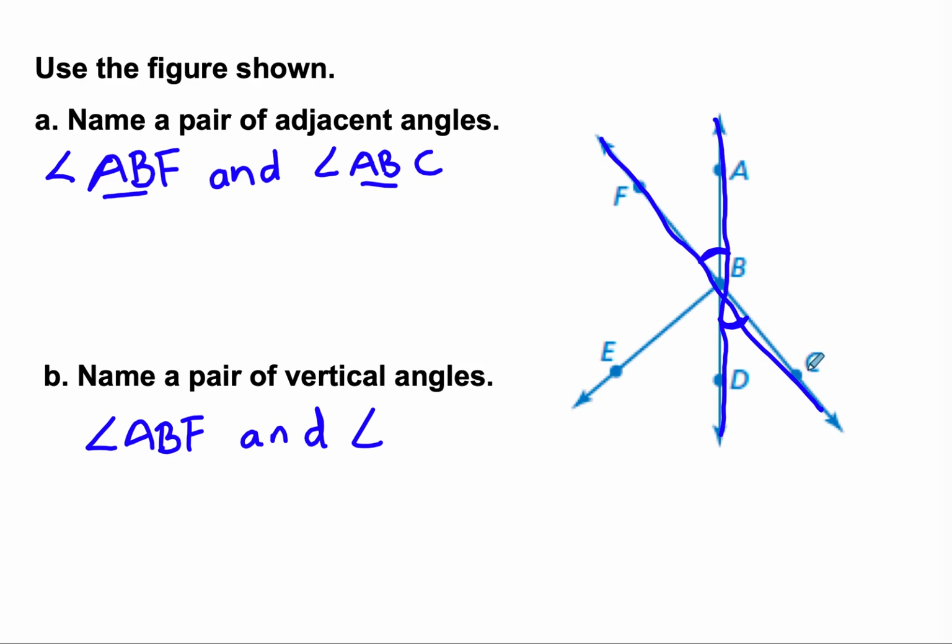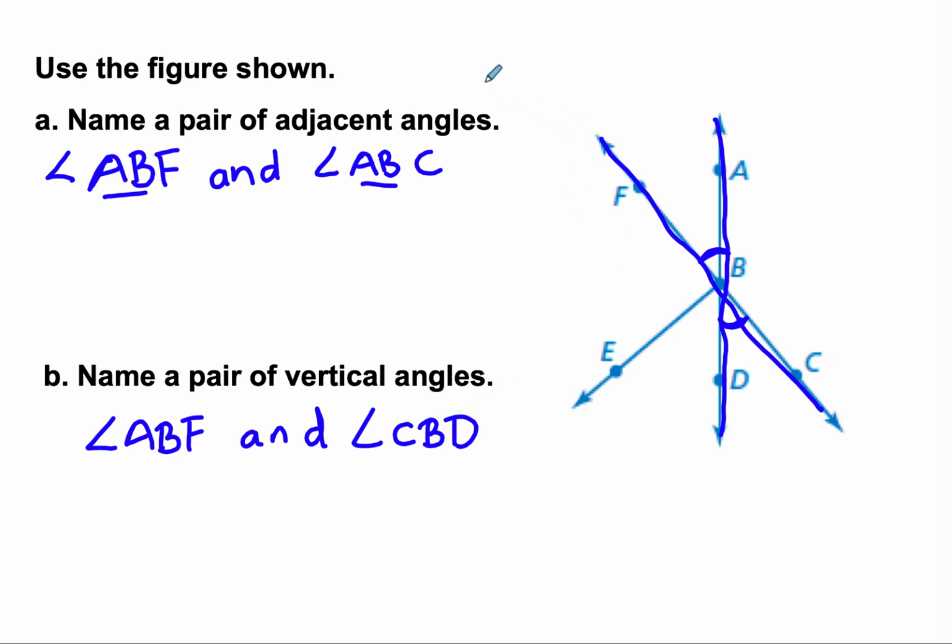And CBD. I could have also named that DBC. It doesn't really matter the order of the letters as long as the middle point is the middle letter here. Here, the only letter they have in common is the letter B, but they're made with the same 2 straight